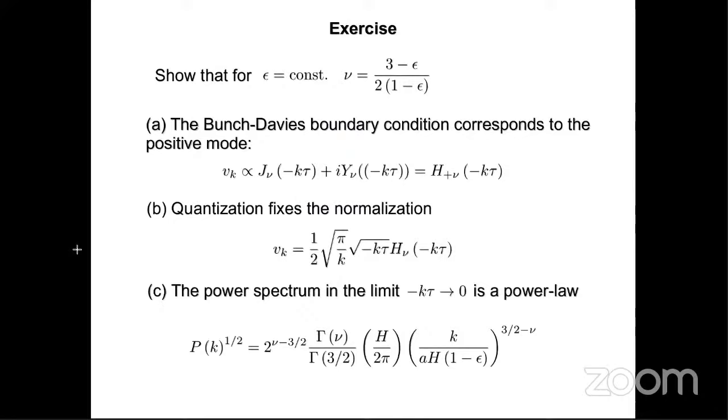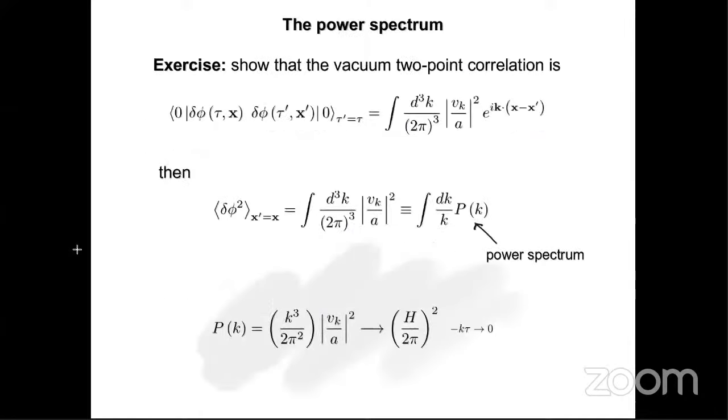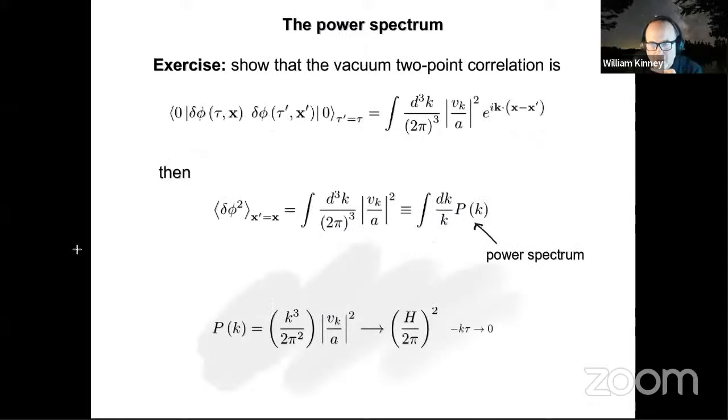My question is, if we were to calculate the expectation value of delta phi, wouldn't we get 0? No. That's the point: you don't get 0 because you're in a curved background. You would expect the expectation value of phi to be 0 in Minkowski space, but it isn't. What we're calculating is the expectation value of delta phi squared. That's not 0. It freezes out. That's the essence of the calculation.